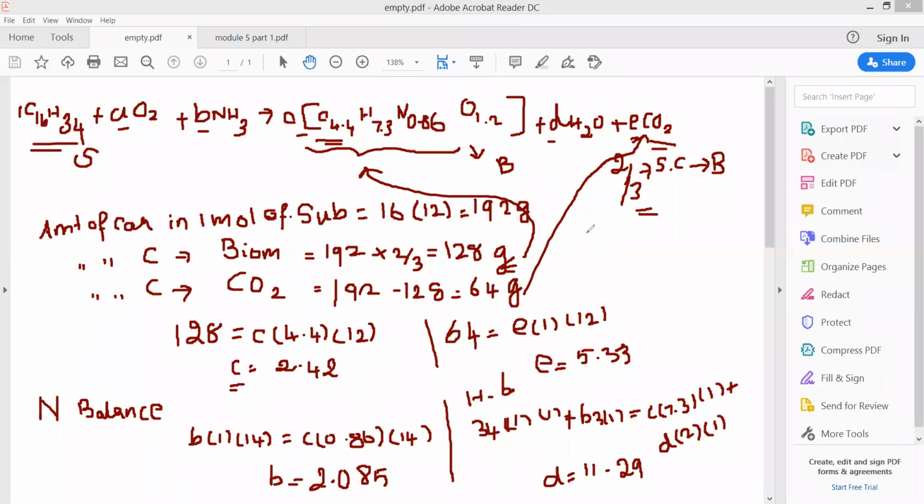Okay, I will write here. One minute. So if I move also, it will not come up. So for that we will go for the oxygen balance. The oxygen balance is A into 2 into atomic weight of oxygen, which is 16, is equal to C into 1.2 into 16, plus D into 1 into 16, plus again E